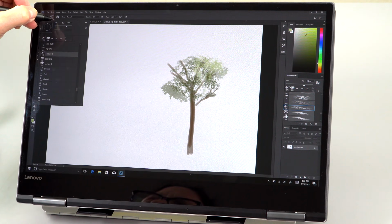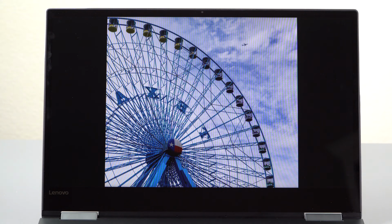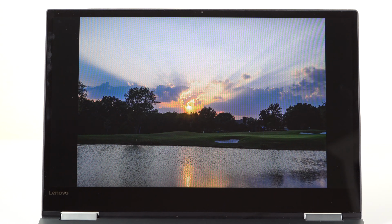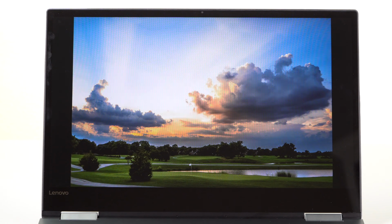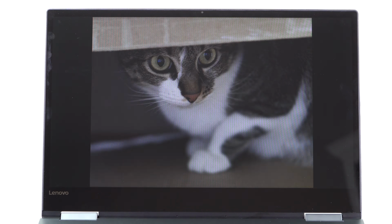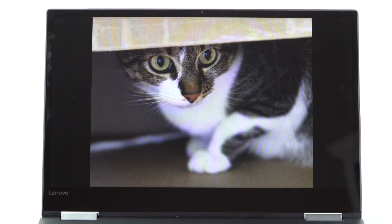Now moving on to the display, we have the full HD one. Some people have complained about light bleed on the IPS display. Ours really didn't have any light bleed worth speaking of. In fact, it's one of the better displays I've seen in terms of light bleed. There's a 4K option too. We don't have that. I wish we had it in-house to test